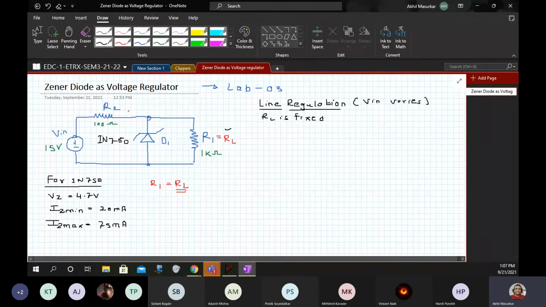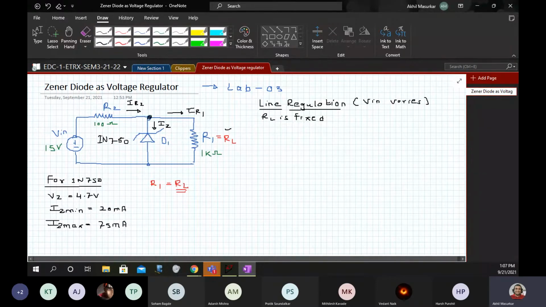Let me also define some currents here. This is going to be IR2, this is IR1, and the current flowing through the Zener would be IZ. One more equation we can write.